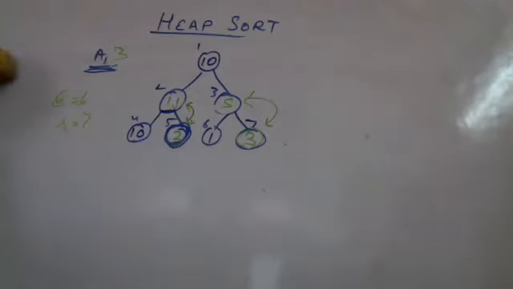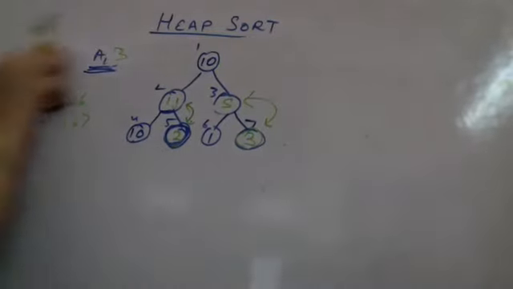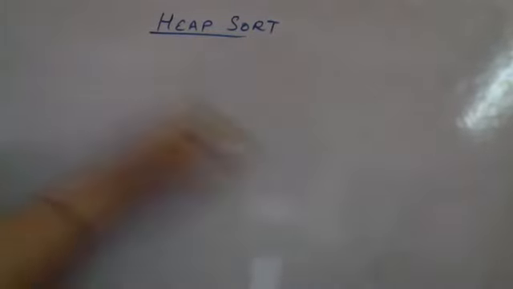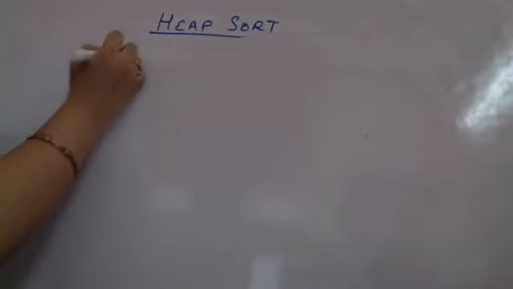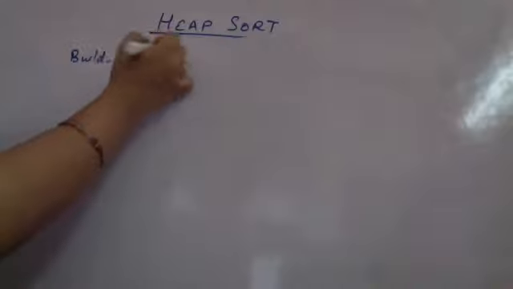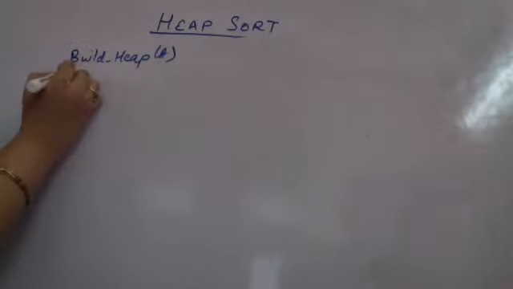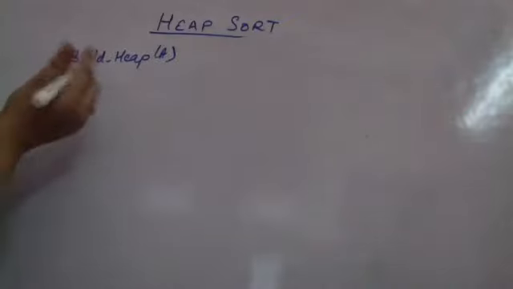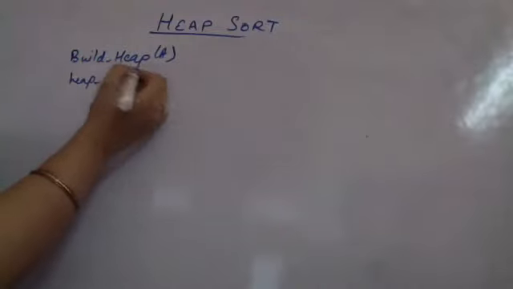Now let us see a small build heap procedure. Using this heapify procedure, अगर कोई भी list given है, so how do I build a heap? So let us see the build heap procedure now. I am having build heap, एक given list है. I am just building a heap from the given list A. What do I have to do? I am just running the loop. So supposedly I am calculating the heap size as length of A.